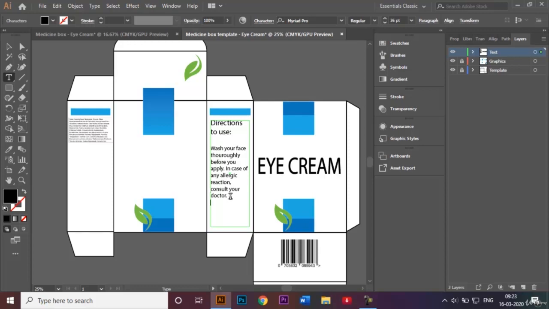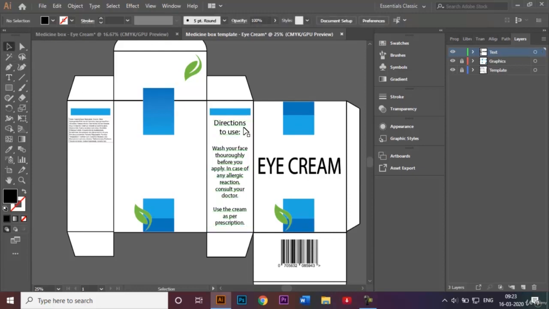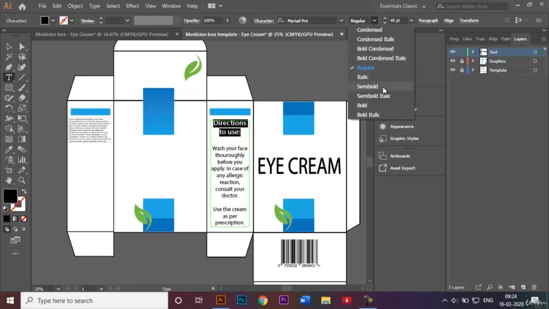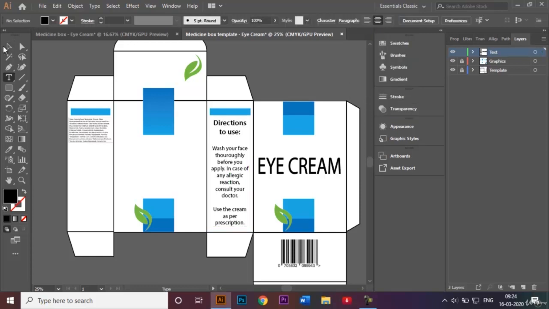And I'm gonna write one more which says use the cream as per prescription, and I'll use the direct selection tool and I'll make this centrally aligned like that, and I'll get this word down like that. Okay, so we've got this. I'm gonna select this and I'm just gonna make it semi-bold like that. So we've got this. I'm gonna add one more